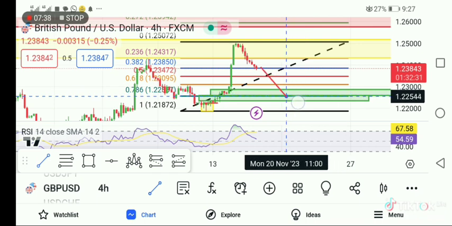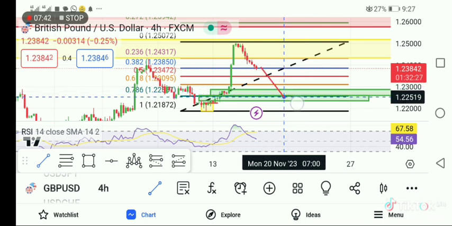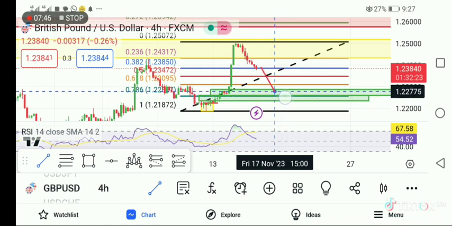So I expect price to come down to here, or even dip into here, before the bullish movement continues. If price comes down to here and gives you a nice price action,